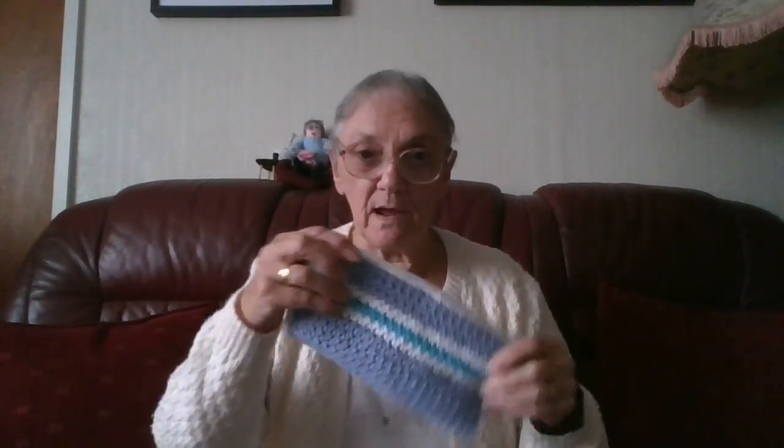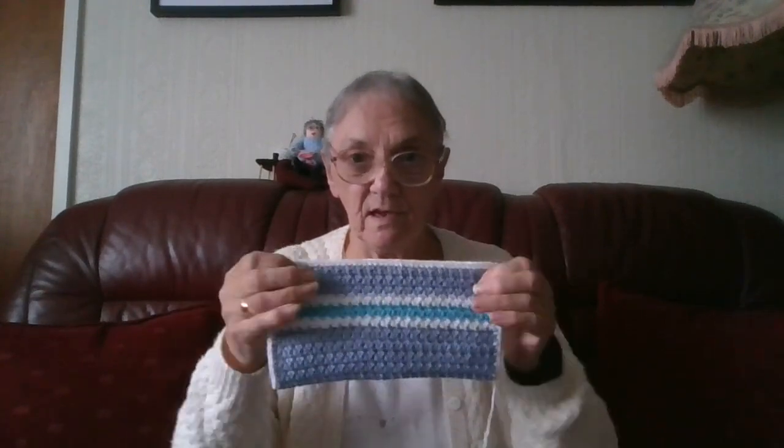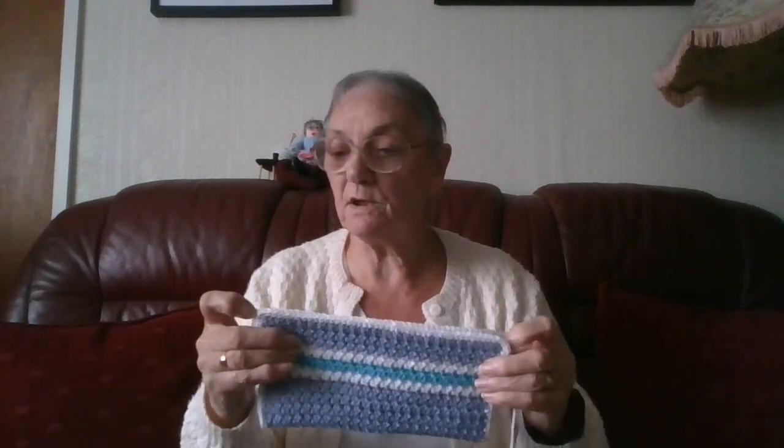Or it's 4½ inches that way, so I think that would be better. That gives it just a little bit more depth in it. So I'm going to be doing a few more of these, but if I put them on eBay, they won't